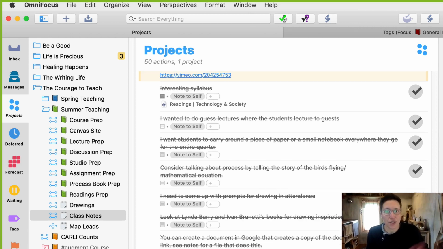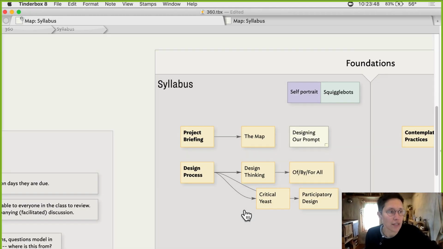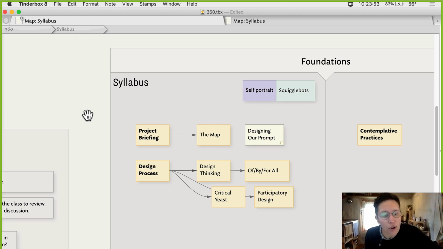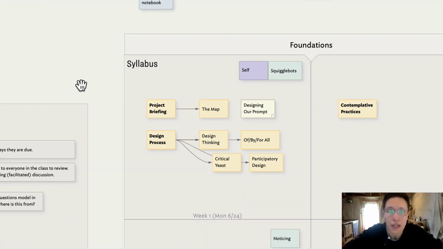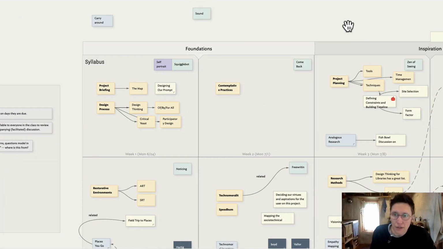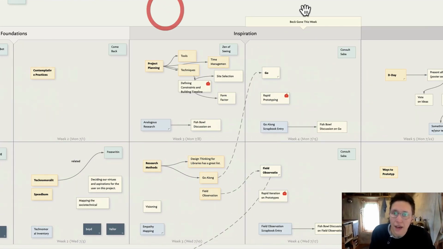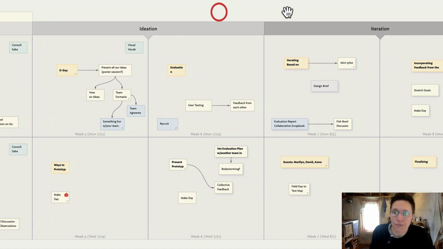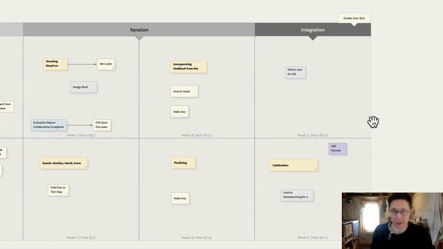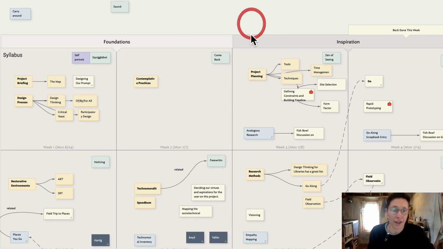And what I did, and this is where we'll jump over to Tinderbox, which is a tool I use for lots of different things. I have kind of a small monitor right now, so let's see, I'll zoom out a bit. I created a little 9-week, 2-day-a-week template for Tinderbox. And I started to just, every time I had a note in OmniFocus,